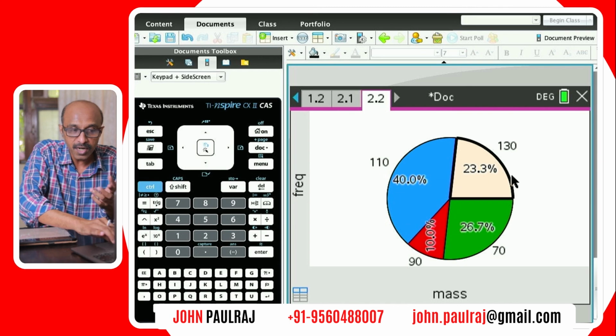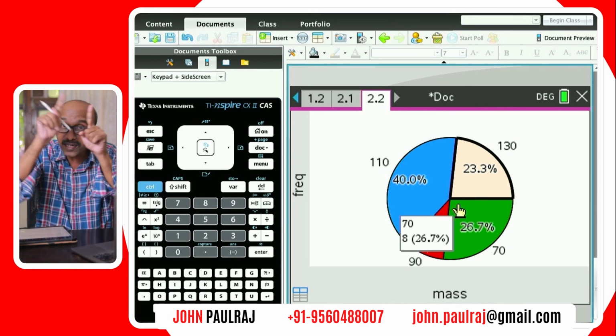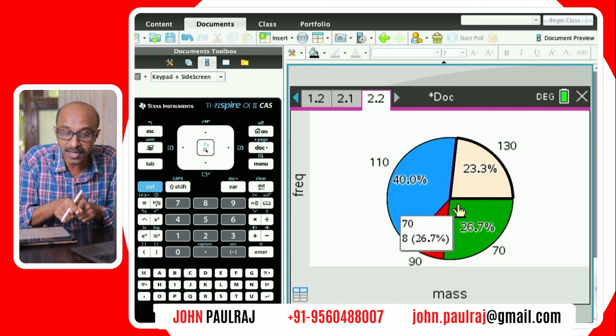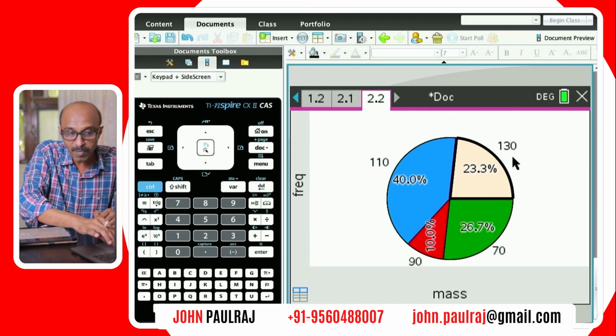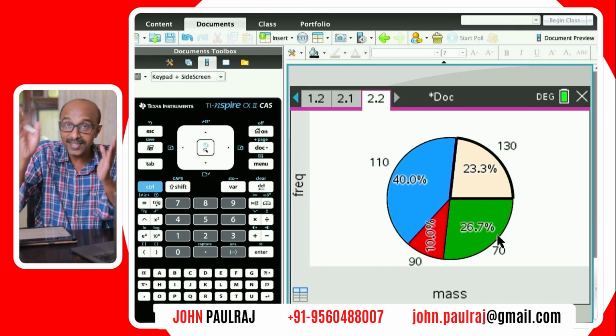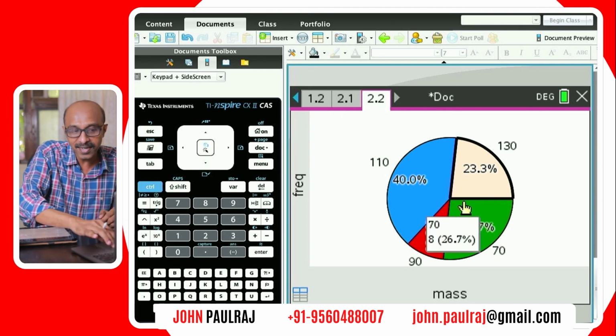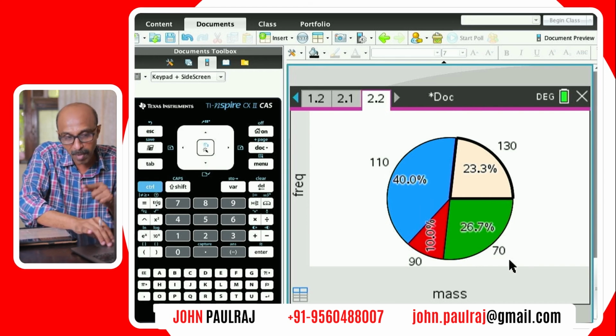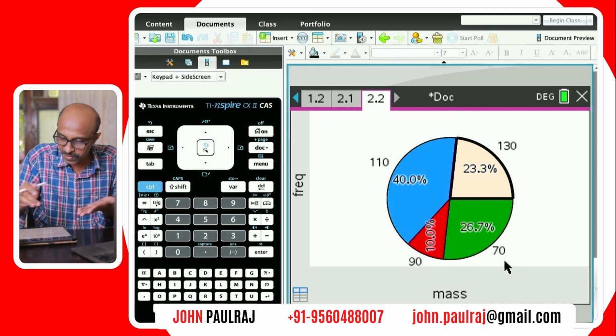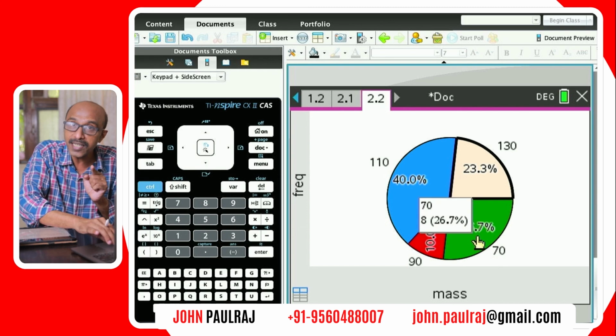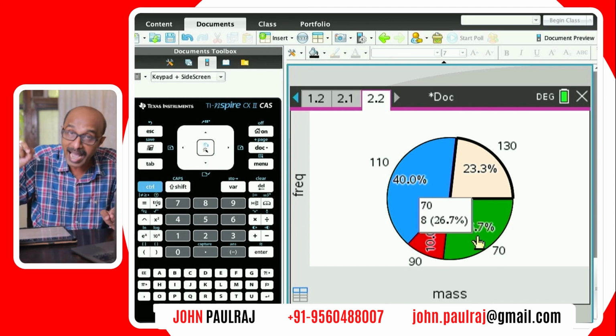Yeah, 110 kgs. 23.3% of 360 degrees, the total angle in a circle, should correspond to the mass of 130 kgs. 26.7% of 360 degrees should be the sector corresponding to the mass of 70 kgs. So that percentage that's given to you will indicate what the angle should be.